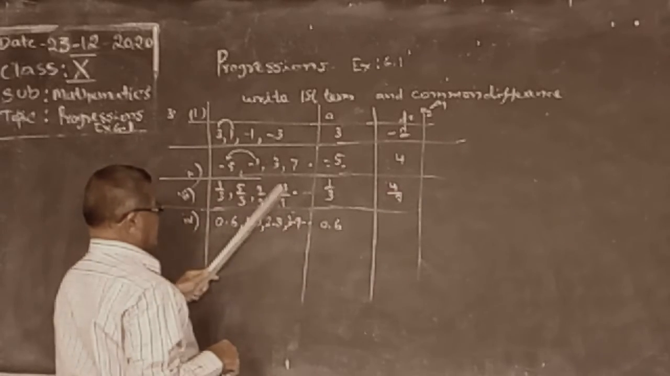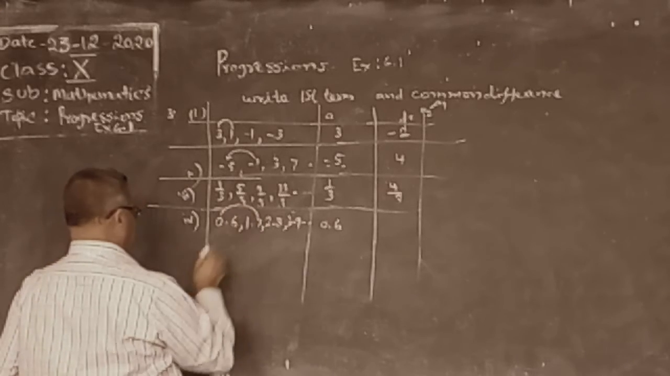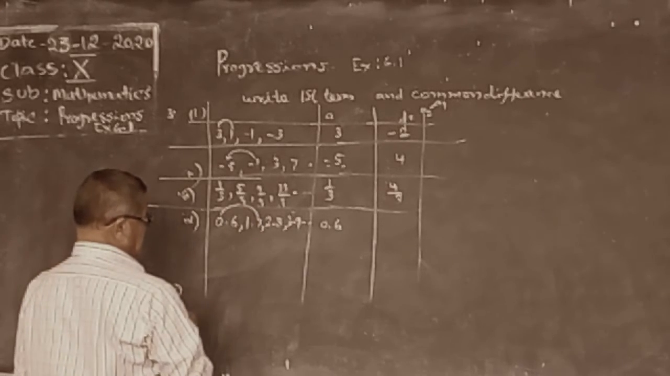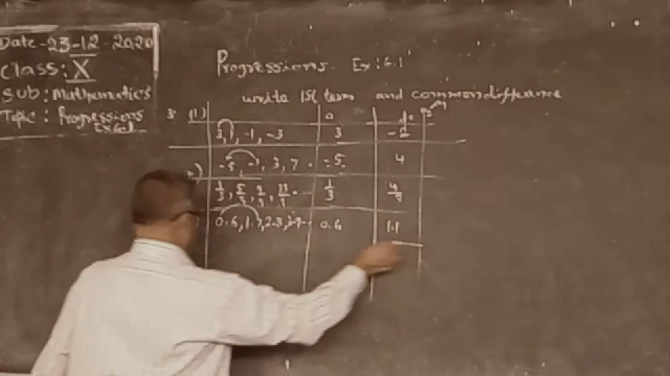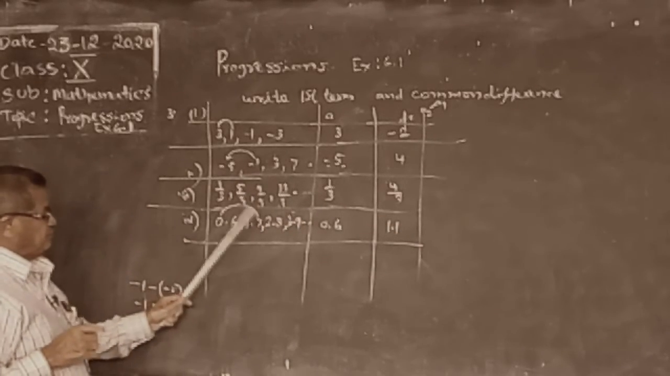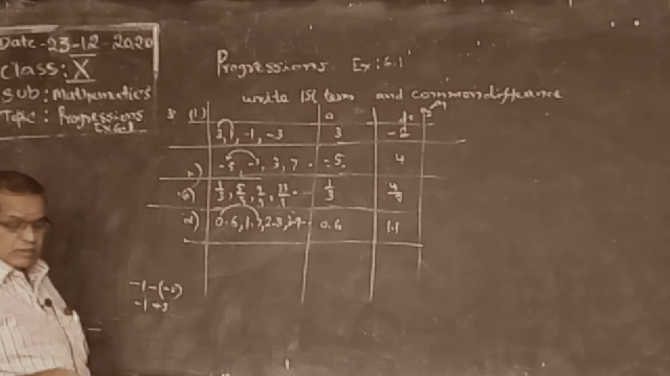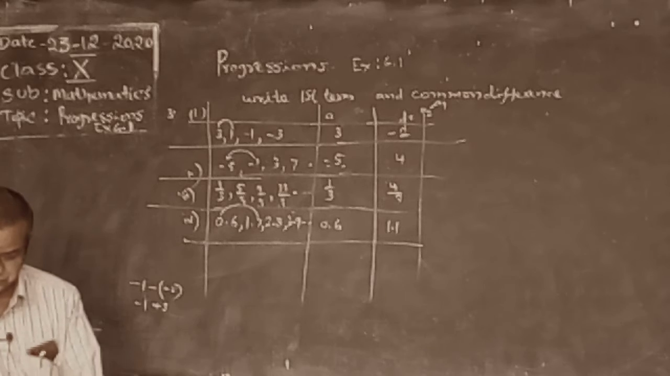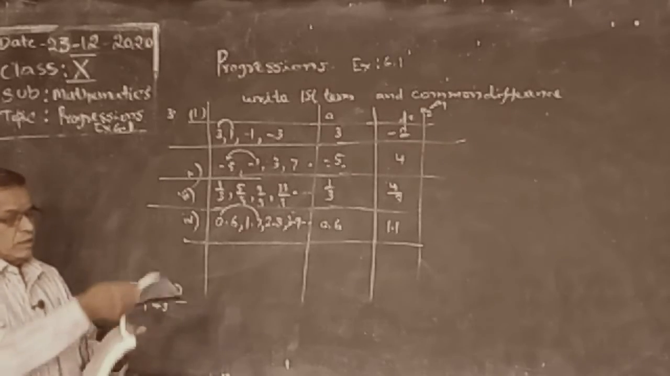9 by 5 starting minus 10. Here the difference: 1.7 minus 0.6 is 1.1, like this. Difference is a2 minus a1: 1.7 minus 0.6 is 1.1. Next,